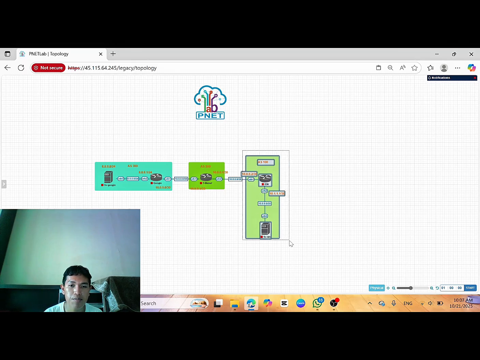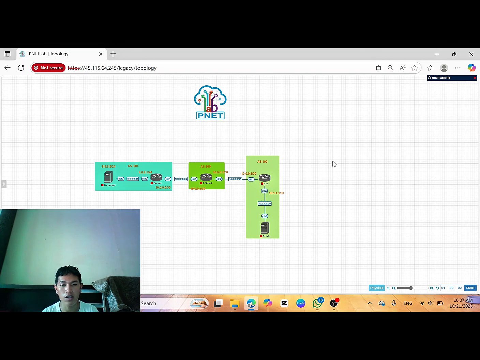At the right side is my local network, Eden network, with AS100.